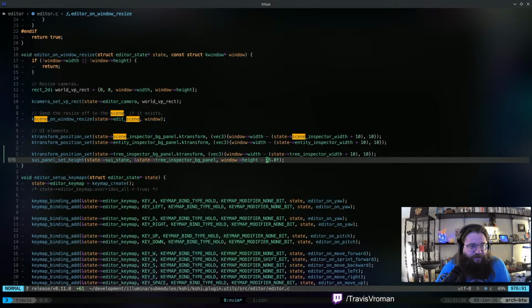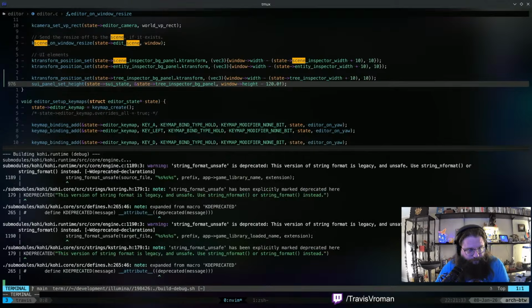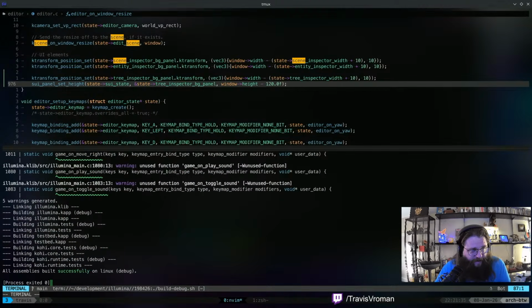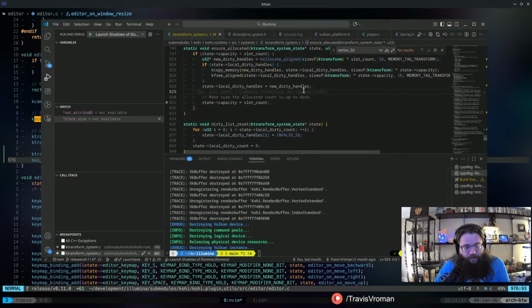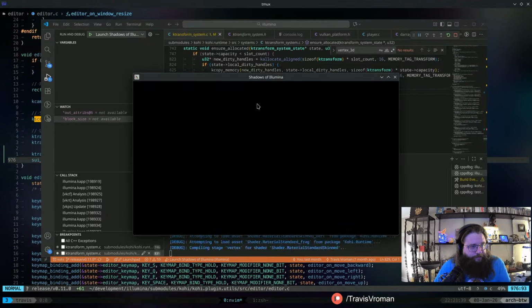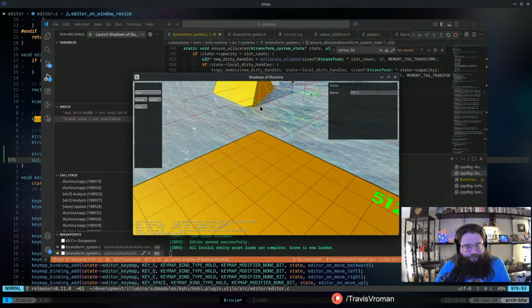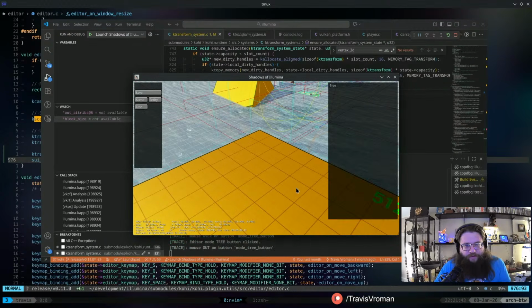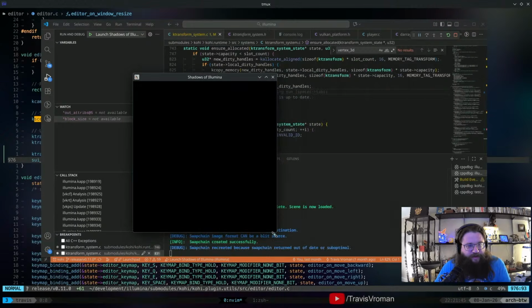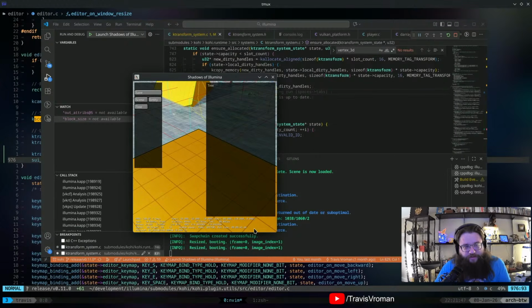Let's switch this to, I don't know, 120. Give ourselves a little bit of padding. So we go to the tree, shrink this down. Is that still not enough? Yeah, it is. Okay, perfect. All right, so now at least that won't overlap.